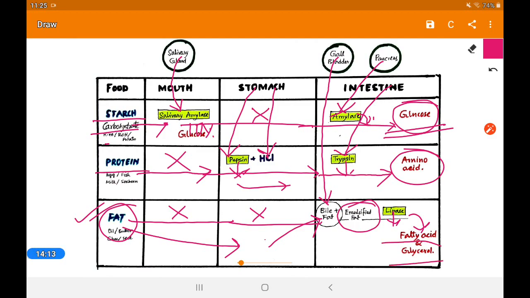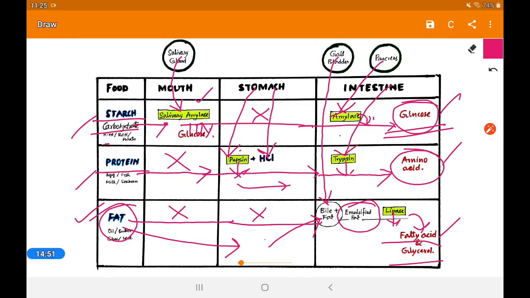So here is the process of digestion, and you have to remember all the enzymes here. You can see that the enzymes are highlighted here, along with the end product, what we are eating, and where the digestion takes place. From this type of table, it is very easy to understand that in the mouth cavity, in the stomach, and in the intestine the digestion takes place. From that, you can understand that the intestine is the main zone of digestion, and all three digestions take place here.